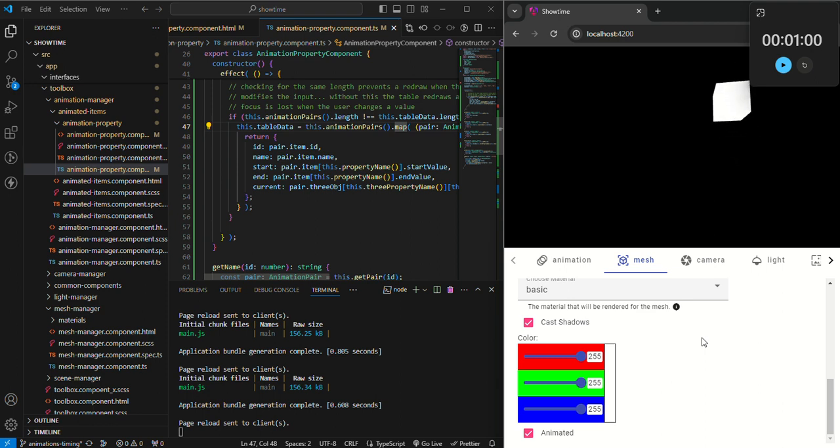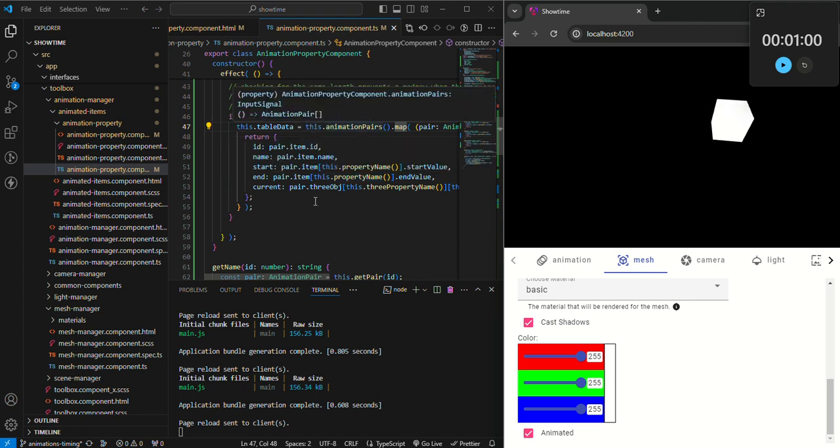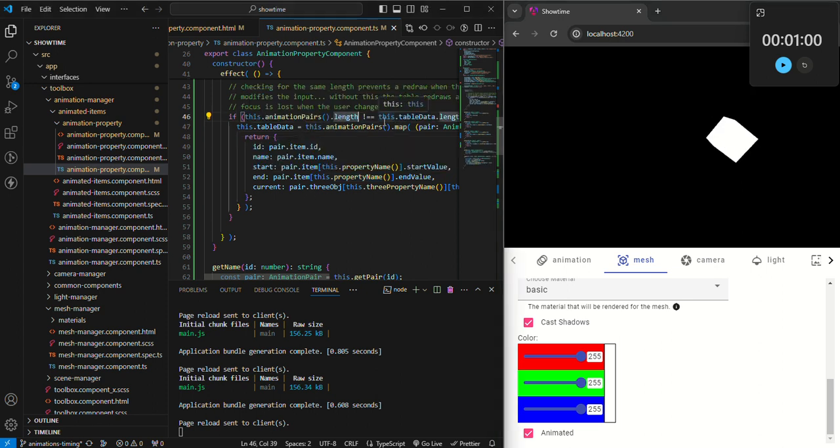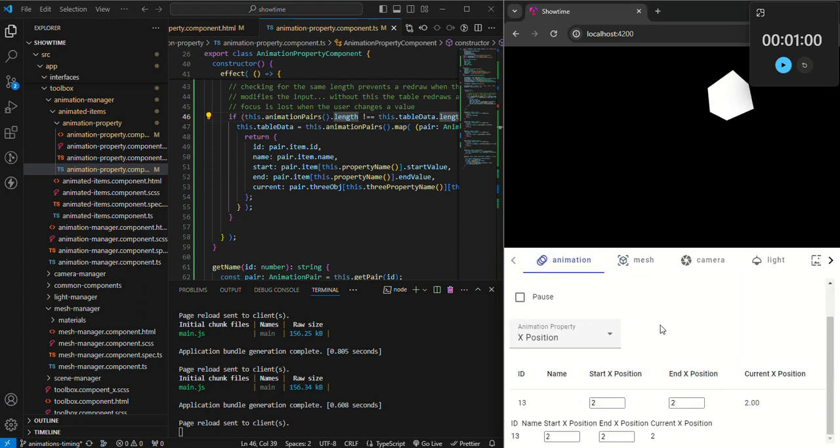If you delete the animated mesh, you're going to change the size. So this scheme for determining whether the data has changed within this or not,